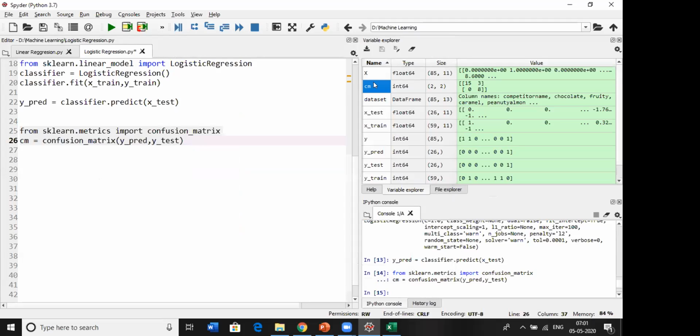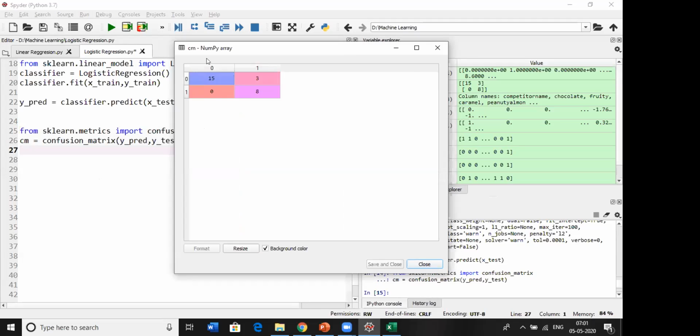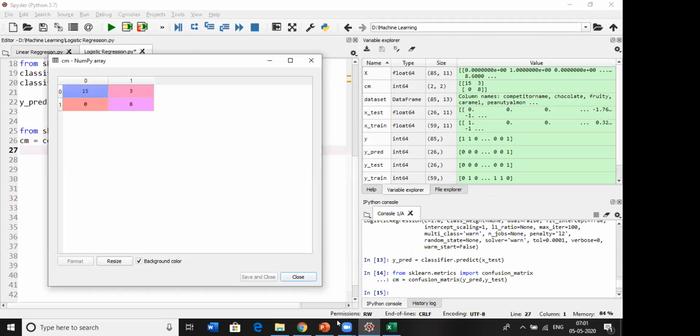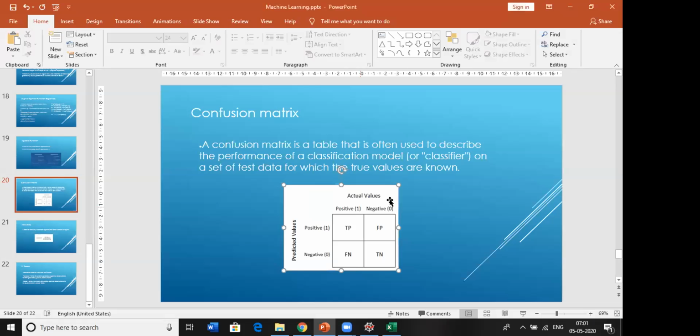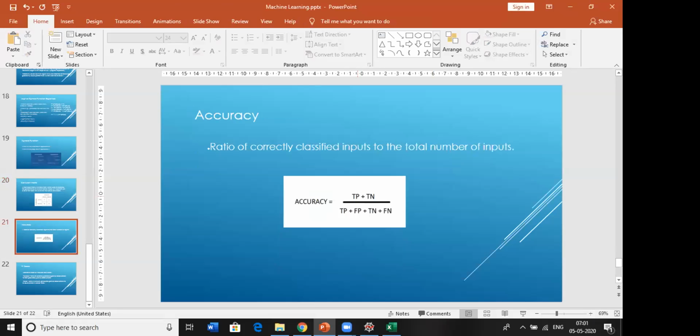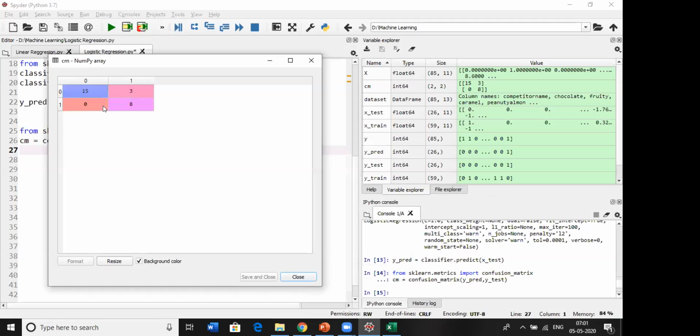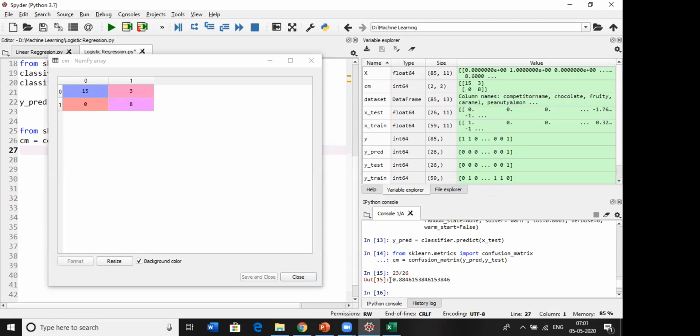How can we get the accuracy from the confusion matrix using this formula? True positive plus true negative, 23 are the correct ones, divided by the total number, which is 26. So our accuracy is 0.8846.